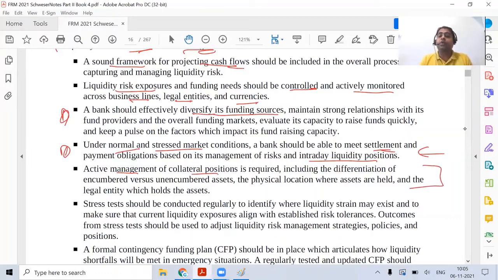So for that, you need to have a proper idea of all the different locations where we have physical collateral being posted, and what the documentation related to collateral is. Everything has to be proper, like what is mentioned, encumbered and unencumbered. Any asset which you have given as collateral, which is available with you, but somebody else has a right on that collateral or asset, you cannot count that, right? So you should be able to bifurcate assets on that basis. Read this line and read till this entire point.